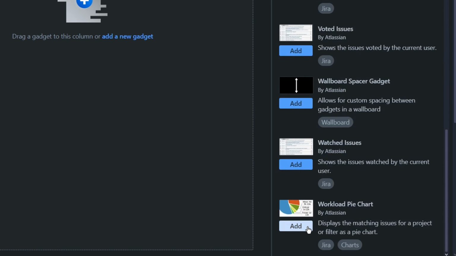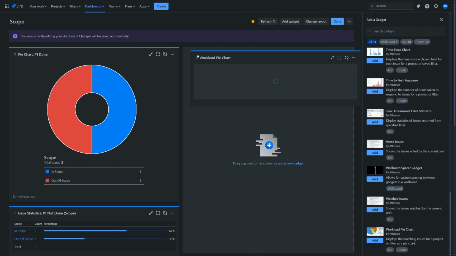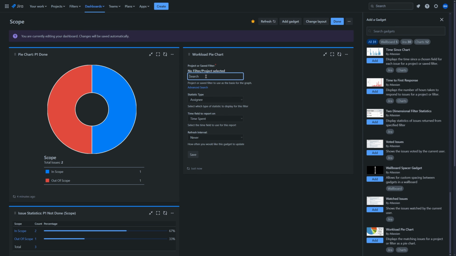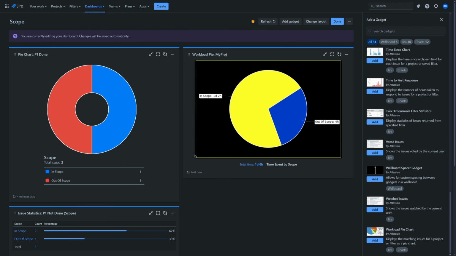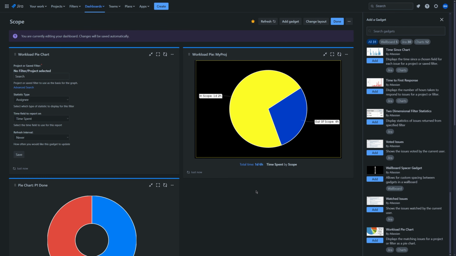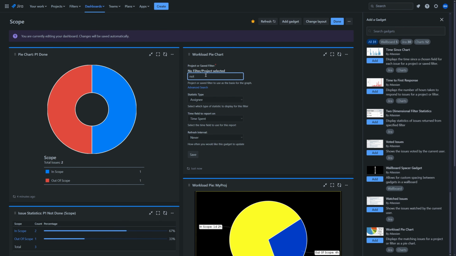Now we need to update our dashboard. This time I'm going to create a workload pie which takes the actual time and puts it into a diagram categorized by the value of a property. Again, you can of course use your predefined filters here. But for this example, let's just take the entire project. Of course, we will again use our custom field scope to categorize. And let's focus on the tracked time. Actually, let's create a second one that shows the tickets that are to do by scope.